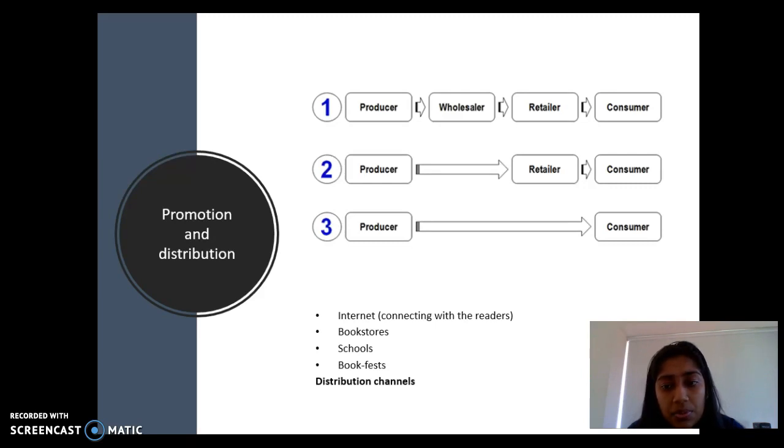And then with retailers, you directly contact them. Retailers also have the option to return the books to the producers if they're not sold. Then you have producer to direct customer sales, which can be done through emails, phone calls, or the website itself. And then you have promotion, which takes place through the internet, bookstores, and schools, where you can go